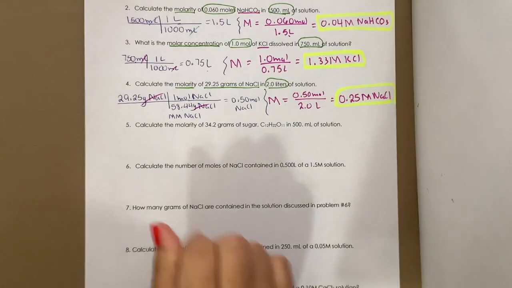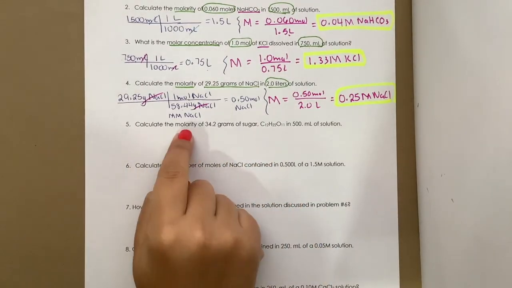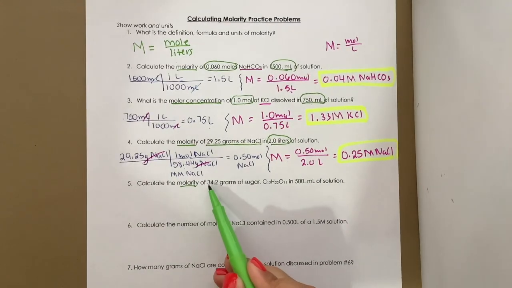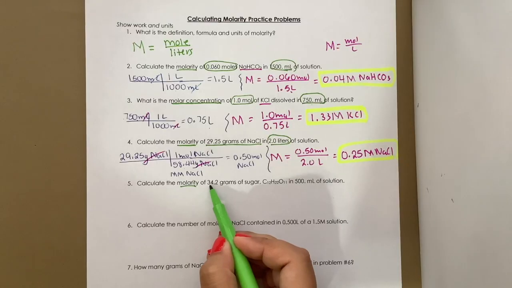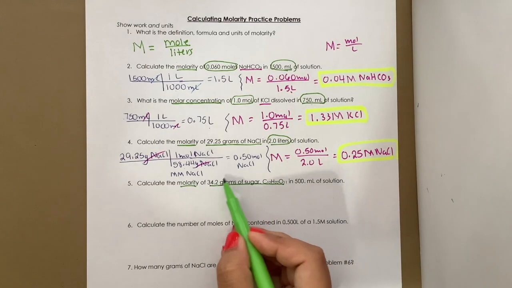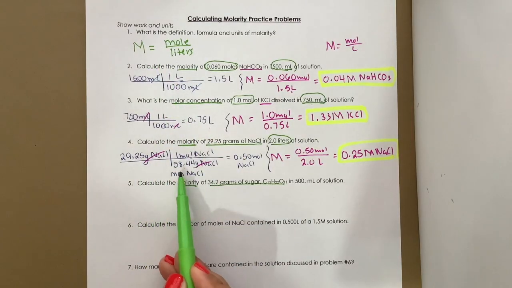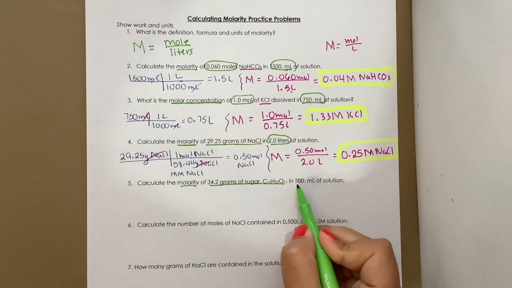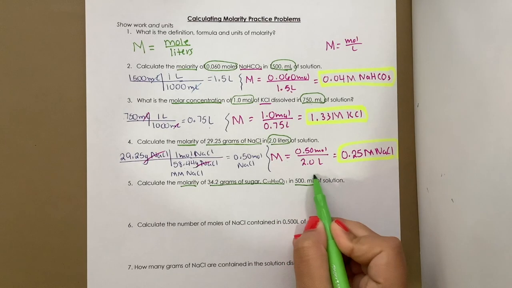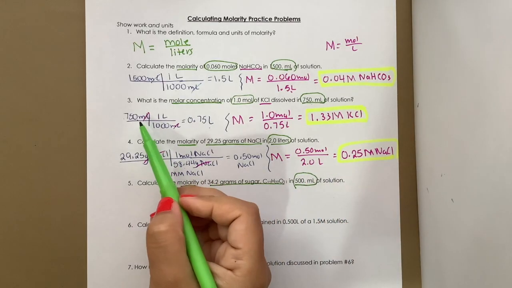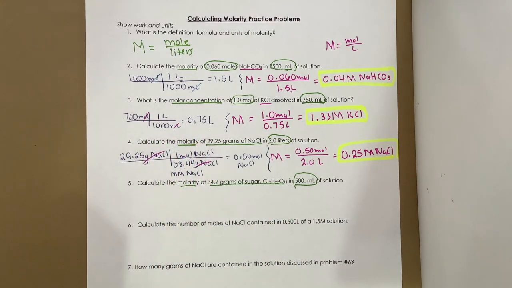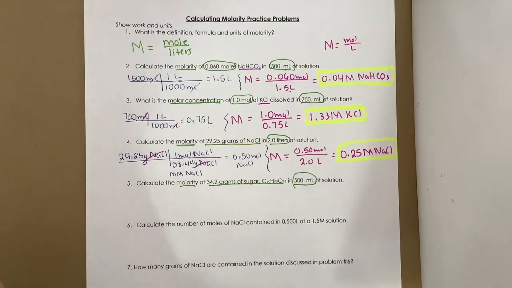Number 5 is the longest type of question. Let's read it. It says calculate the molarity. So they're asking us for molarity. Again, molarity is moles over liters of 34.2 grams of sugar. Again, they're giving to us the grams, not the moles. So we're going to have to use the molar mass of sugar to go from grams to moles of sugar. And instead of giving us the liters, they give us the milliliters of the solution. So we're going to have to convert the milliliters into liters by dividing it by 1,000. Okay, so we're going to have to do 2 steps before we can plug it into our molarity